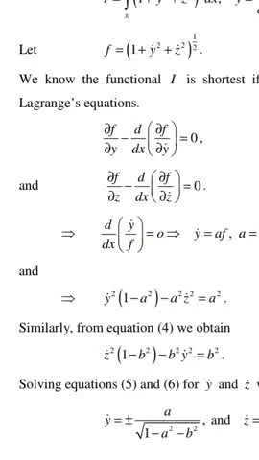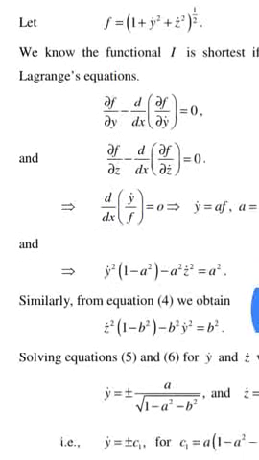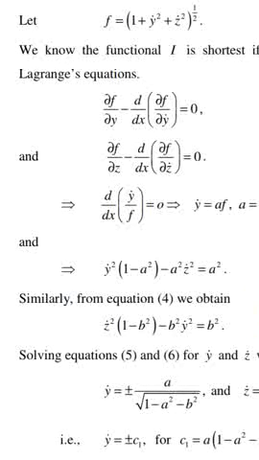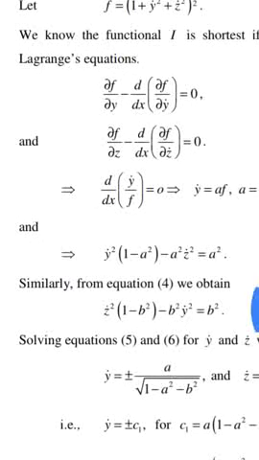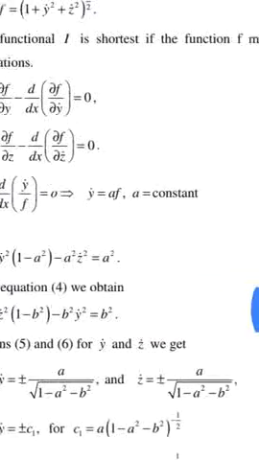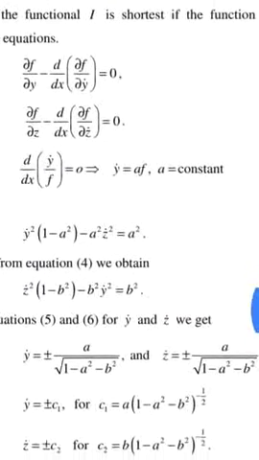Therefore ∂/∂y dot of (1 + y dot squared + z dot squared) raised to half is 2y dot divided by 2 square root of (1 + y dot squared + z dot squared). The 2 cancels, therefore y dot divided by the square root of (1 + y dot squared + z dot squared), and the square root is equal to f. Therefore d/dx of (y dot divided by f) is equal to a constant, and integrating,